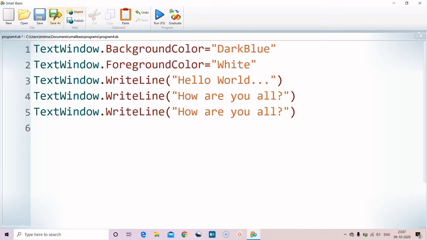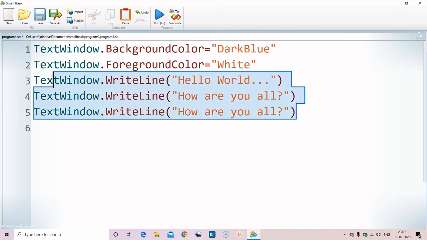So we have seen all the buttons except import and publish. Once you develop a full-fledged application, you can publish it to the Small Basic website.